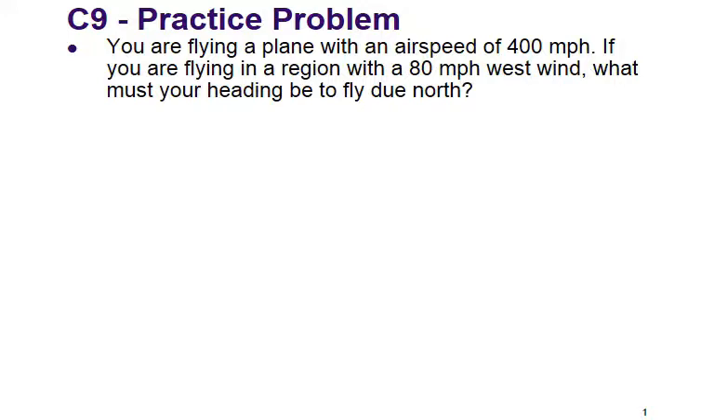So for this one, we're flying a plane with an airspeed of 400 miles per hour. The wind is 80 miles per hour to the west. What must your heading be to fly due north? So this is a little bit trickier because in this case we're actually trying to counteract the wind. So if we had our situation here where, let's say,